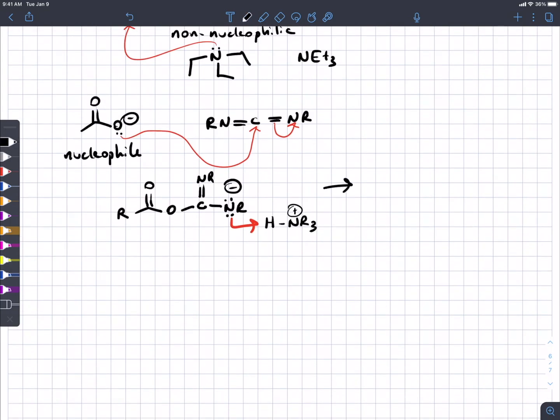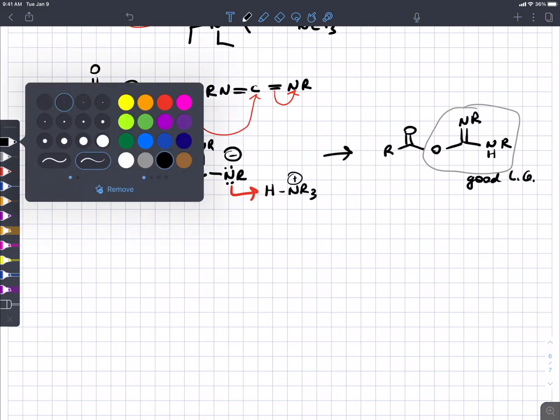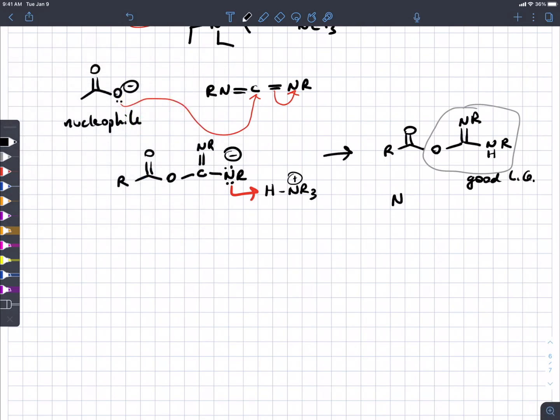At this stage, we get something that looks, from a certain point of view, like an anhydride in the sense that you have two carbonyl carbons attached to each other via an oxygen. And you can think of all of this as a good leaving group for reasons that I'll show you in a minute. So at that stage, your amine